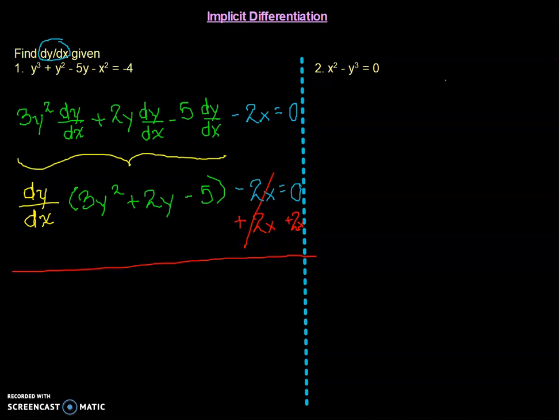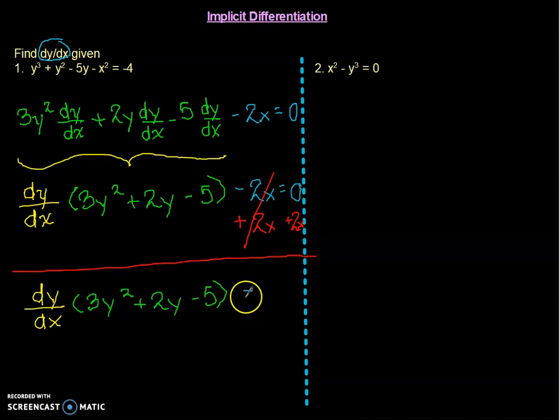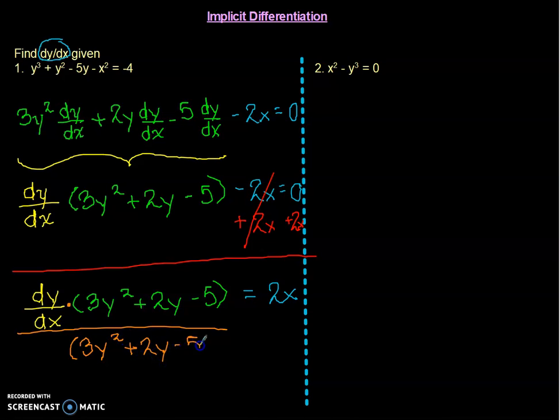And I'm going to bring everything down. So I have dy over dx times 3y squared plus 2y minus 5. And then it equals 0 plus 2x, which is just 2x. So to get dy over dx by itself, it's being multiplied to this entire parenthesis, so I'm going to divide by this entire parenthesis. Whatever I do to one side, I do to the other. Okay, so this divides out,